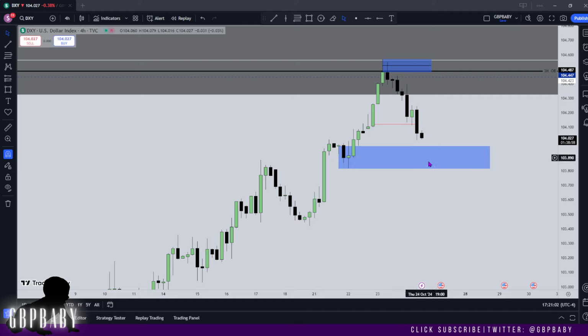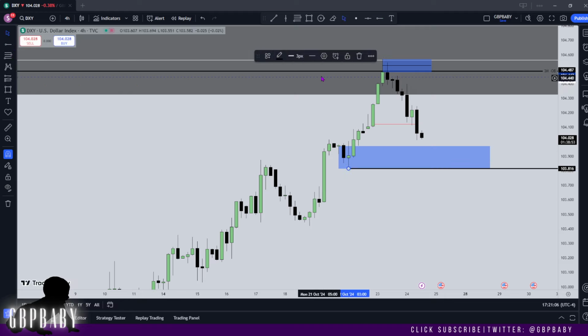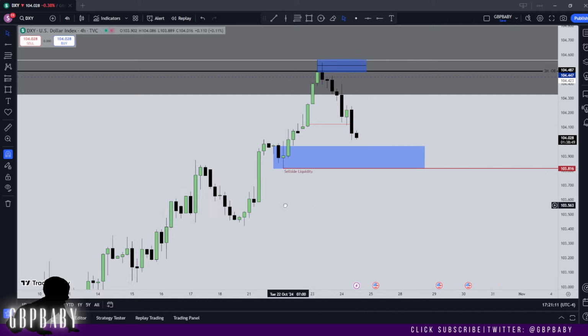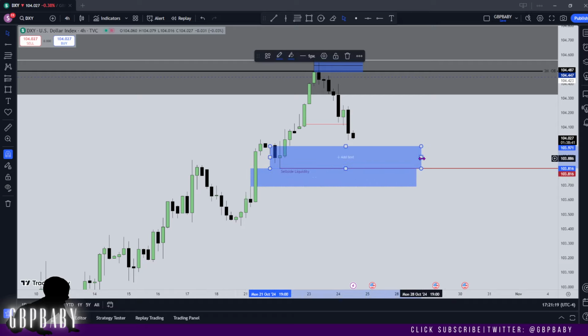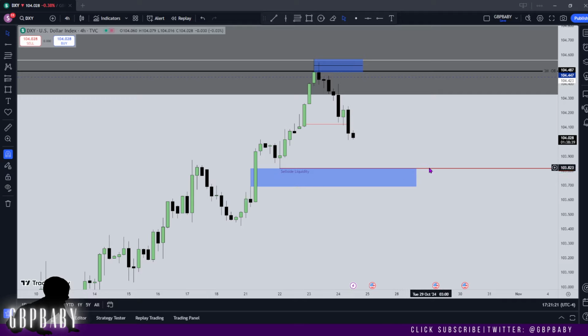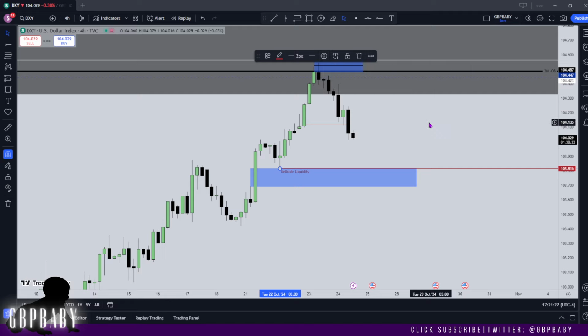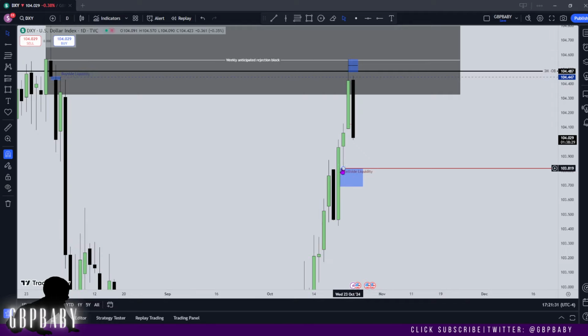Remember, I'm looking for price to trade into this fair value gap, and if it's looking a little bit overzealous, as in it wants to reach, and keep running, then I'll be looking for this south side liquidity pool to be traded to. And then I'd want to see this imbalance get filled. Now this is the real imbalance, so to speak, because it's an actual fair value gap. So what I'm going to do is get rid of this daily fair value gap. I'm going to pay more attention to this 4 hour fair value gap, just because it's literally a fair value gap. And then on the daily now, we have this marked out as a daily low for south side liquidity,